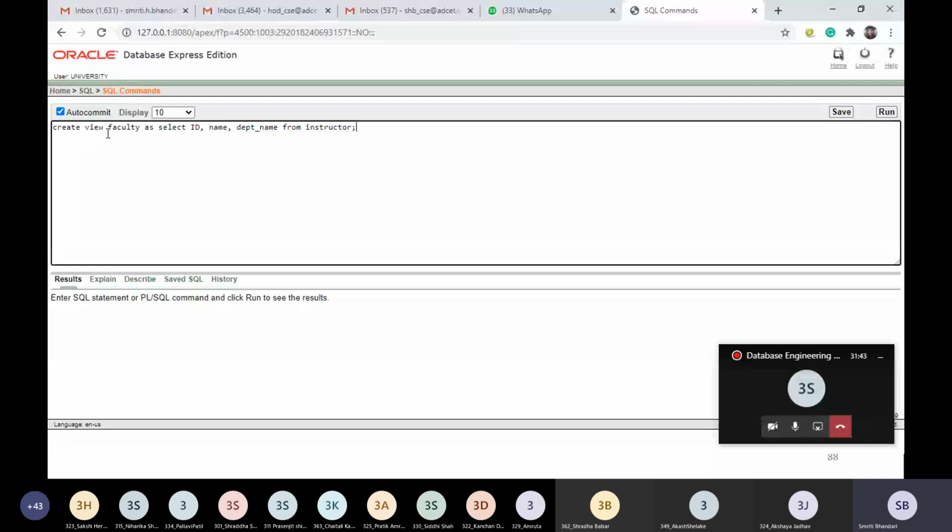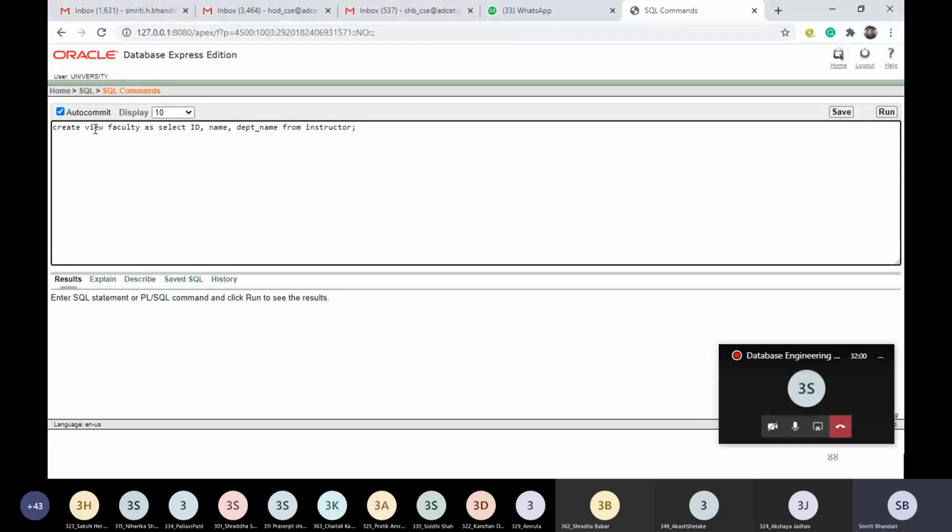So we are creating a view named faculty, and this SQL statement defines this particular view.